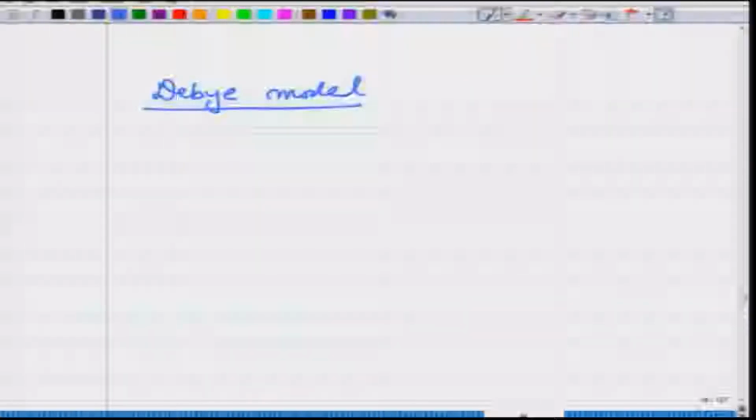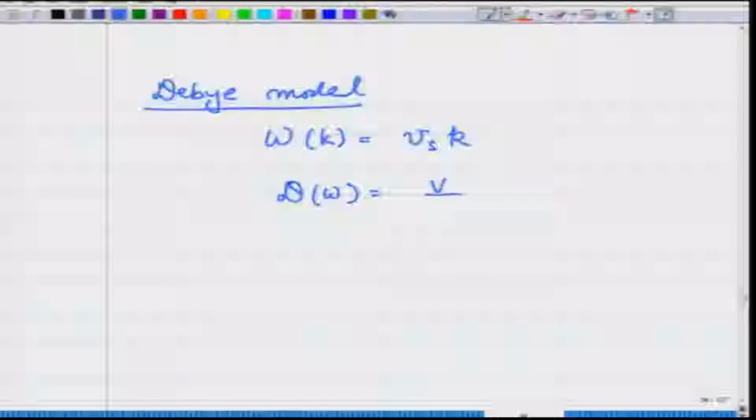in which case we assumed that omega as a function of k is always equal to V sound times k, that is a linear dispersion, and in that case the density of states D(omega) came out to be V over 2 pi square, omega square over V s cubed. So, this changes with the frequency, and then we had also calculated